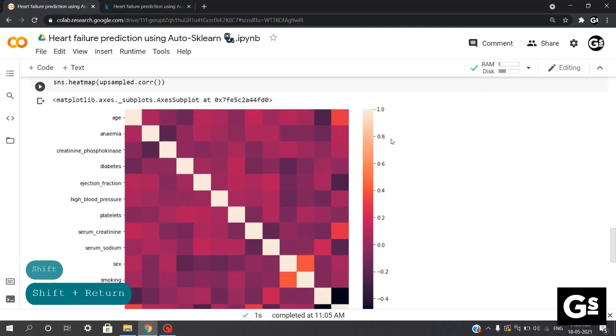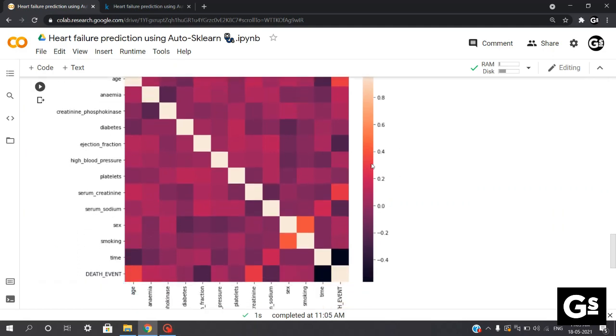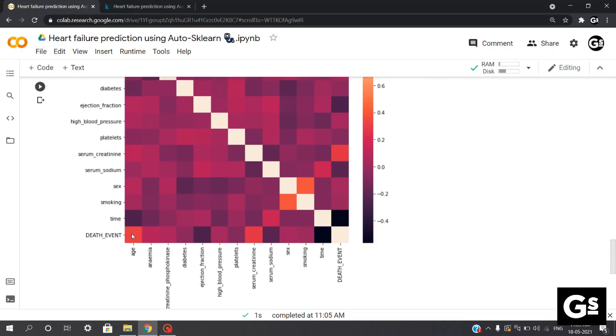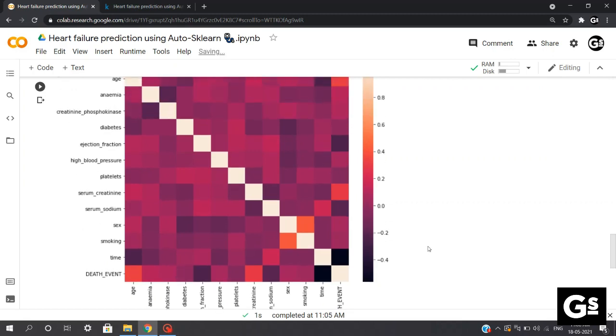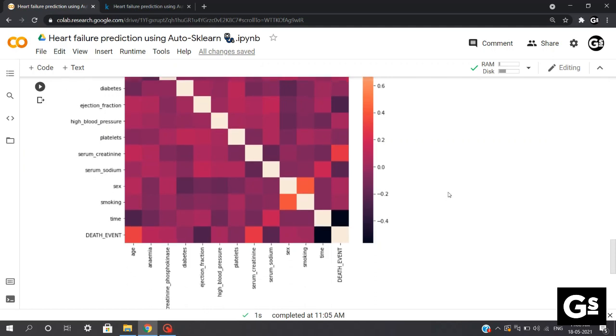So what intuitions can we extract from this? We can see that the death event looks to be highly correlated with serum creatinine and age, and also survival event looks highly correlated with time and ejection fraction. And finally, gender and smoking have the least correlation with death event, so we can consider dropping these features in future as they will not be contributing much towards the results.